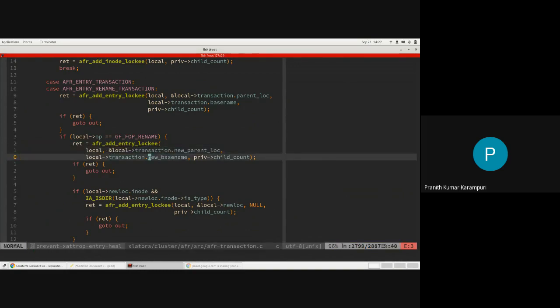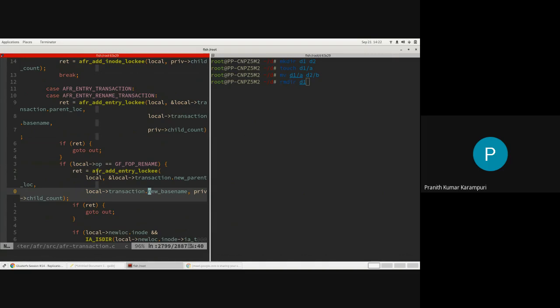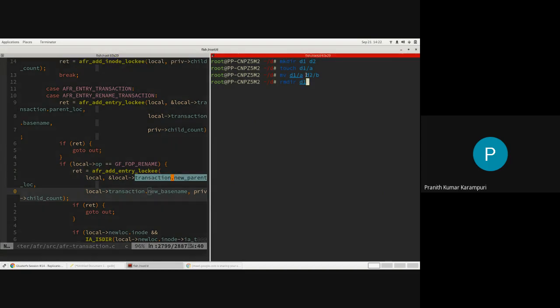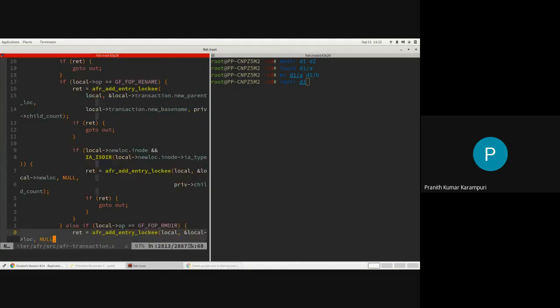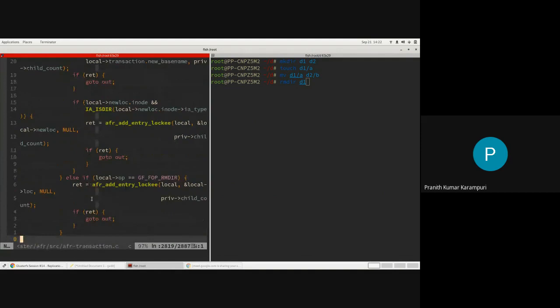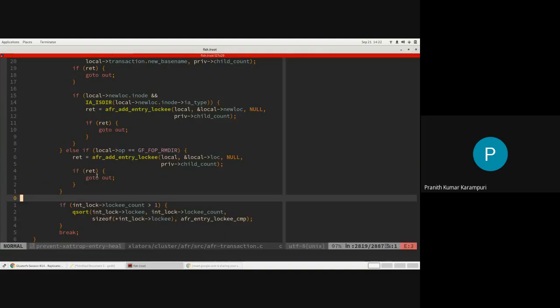If you look at this one, in rename, the new parent LOC is D2 and the new base name is B, and the old parent LOC is D1 and the base name is A. Similarly, in case of RMDIR, one second.